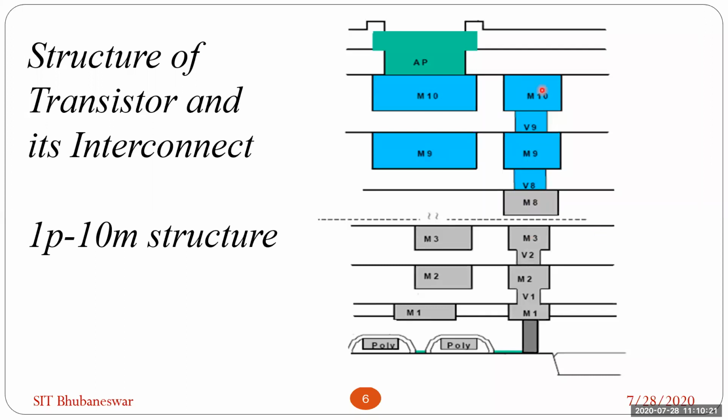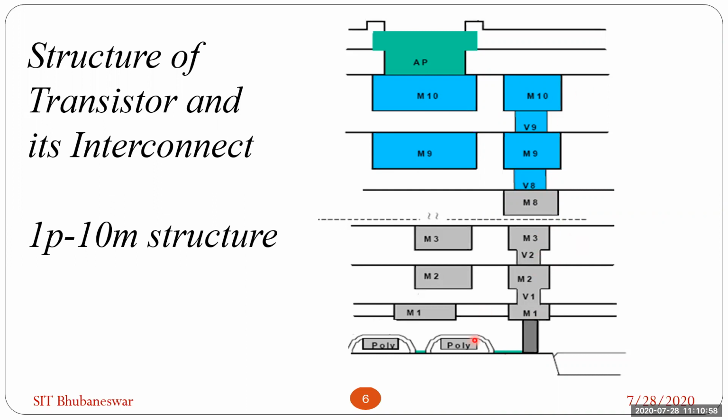And the connection between metal 10 and metal 9, or between any two metals, this is the via. That means there is a hole from metal 3 to metal 2, and some tungsten material or aluminum material is deposited inside that via. So metal 3 and metal 2 are connected. In this way, the metal stacks are there in fabrication at the vendor. If you fabricate a chip, this much complexity is there. It's not a simple thing.